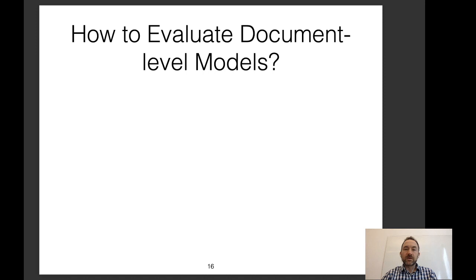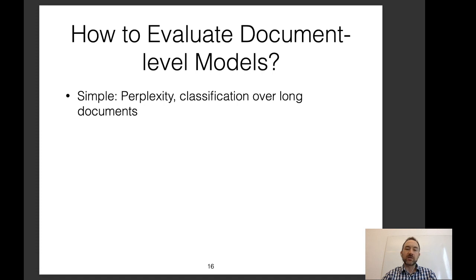So now that I've talked about a number of ways that you can build these kinds of document-level models, specifically with self-attentional models, how do we evaluate them? The simple way to evaluate them is using perplexity or classification over long documents. I think these are perfectly reasonable ways to evaluate long document models, especially since they've been used for character-level perplexity metrics, for example. And if you calculate on the character level, then every document becomes quite long because there are many characters, at least in English.